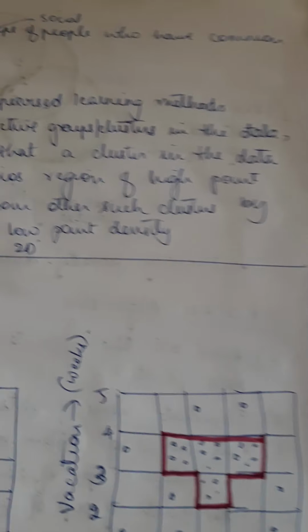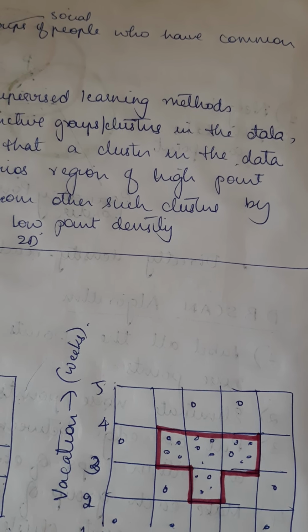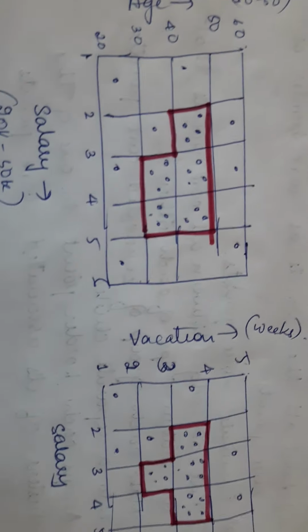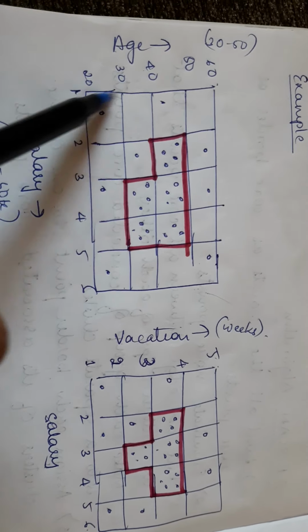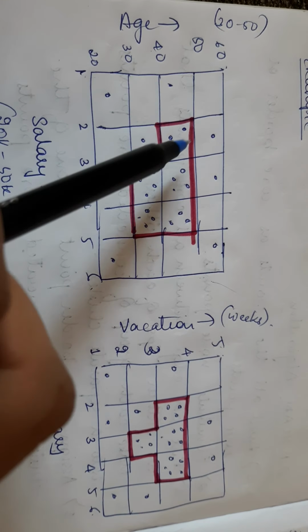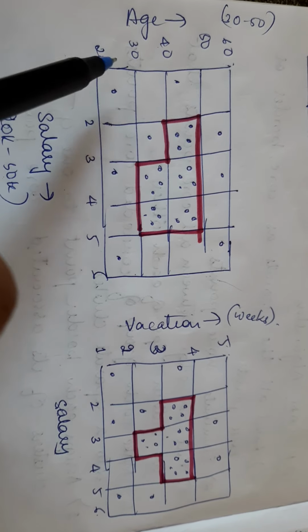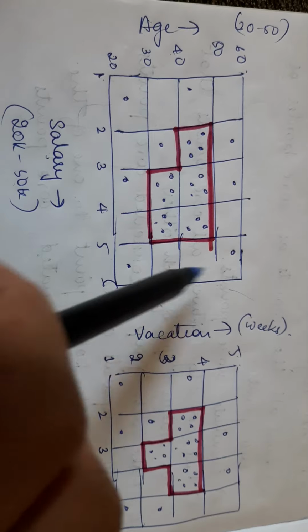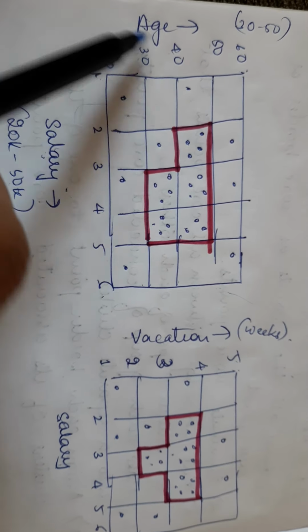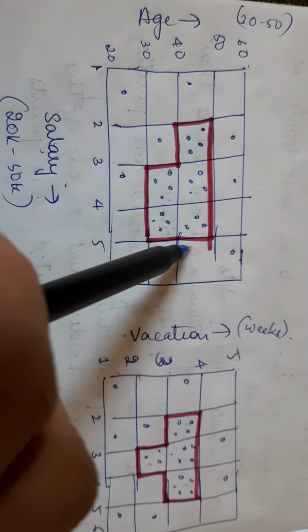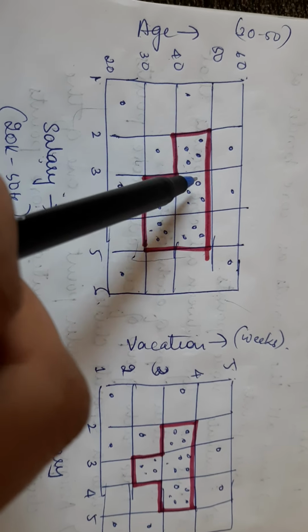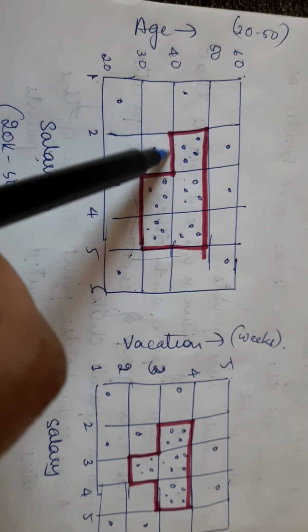So a simple example is, now I'll just show you one structure over here. You can see this is a set of grid cells we have, and what I'm trying to do over here is plot the salary and the age of the people. This is a one dimensional structure. So I'm plotting the salary versus the age. You can see that at these points, the area which is being marked in red, the clusters are more dense. So these will get joined to form one cluster.